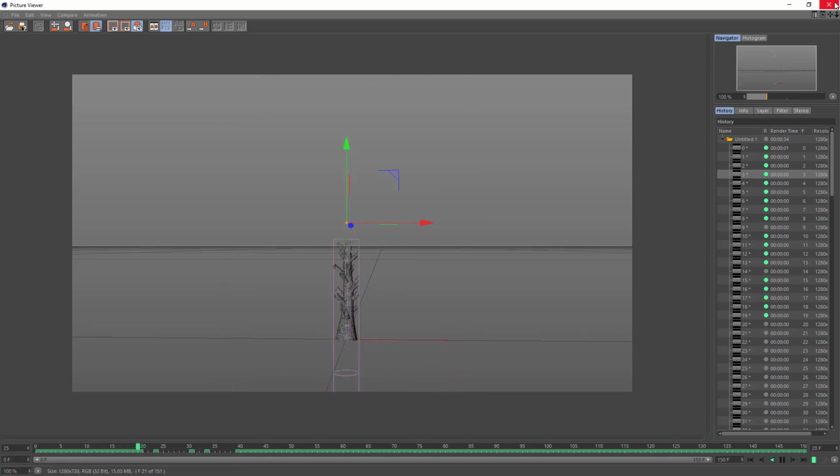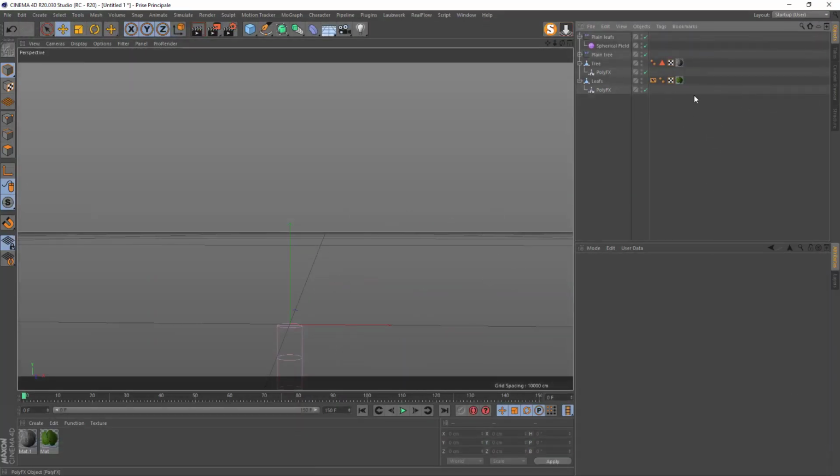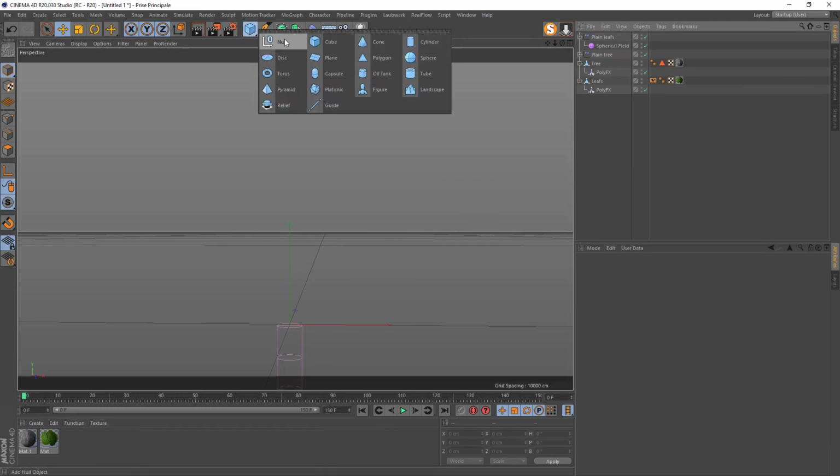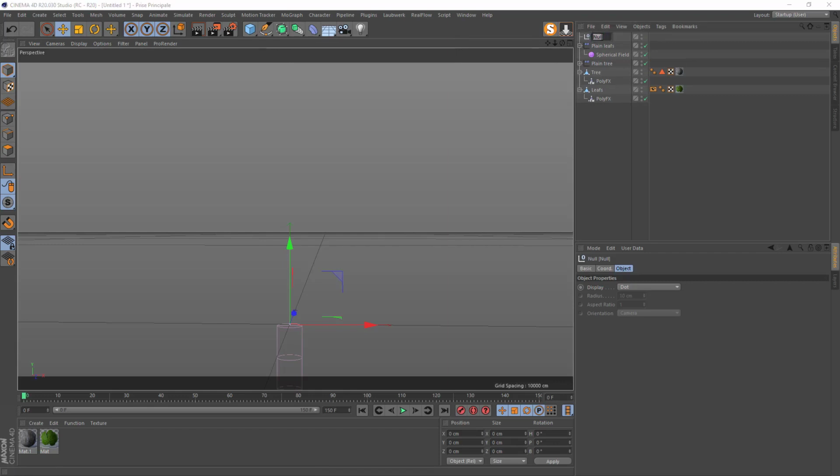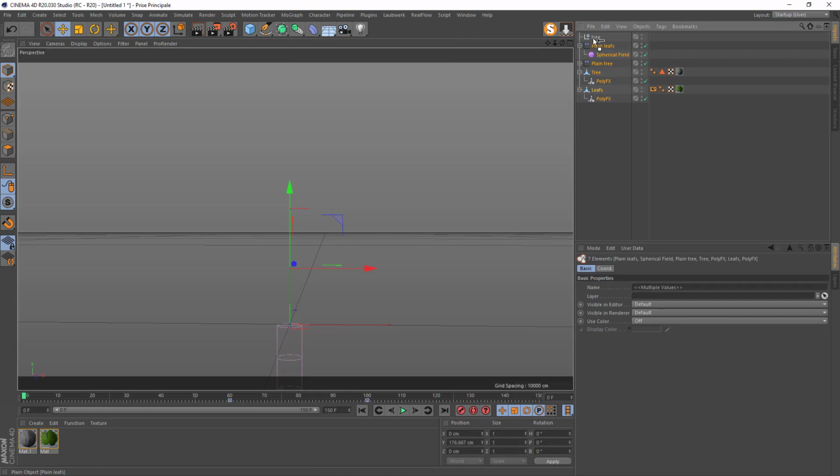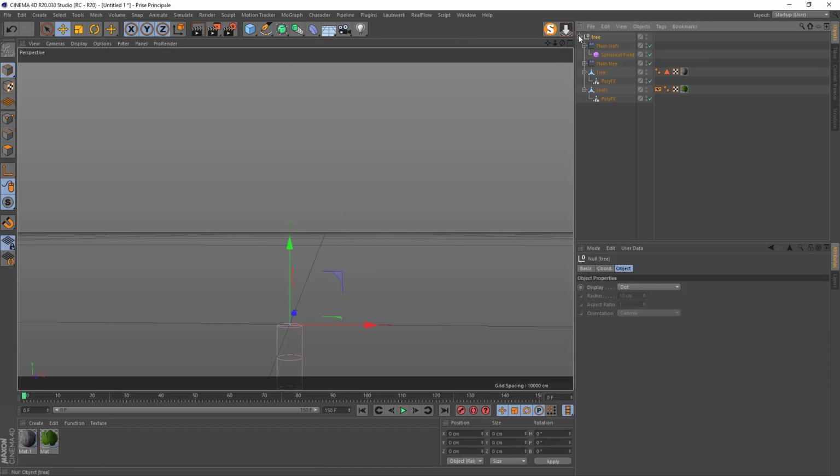It's good for the tree, but you can always tweak it. You just have to play with the keyframes we just added. But it's okay for the tutorial, I think. You can create a new object, call it tree, and drop everything inside, like that. So we got just that.